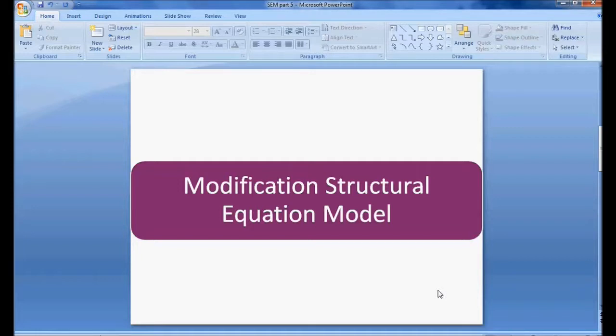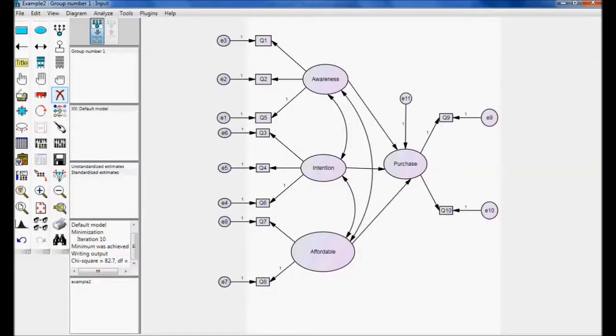In my previous video, structural equation model part 4, I discussed the goodness of fit, and how to check the model fit. I used this example and conducted the model fit and discussed various parameters to be checked. To check model fit, we need to have absolute fit, incremental fit and parsimonious fit. Let me execute this model and check the goodness of fit.